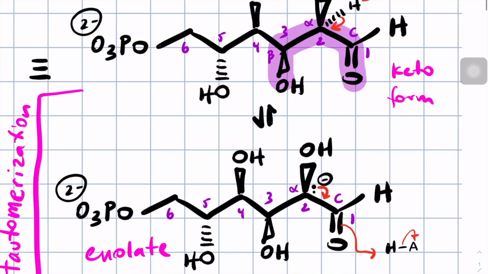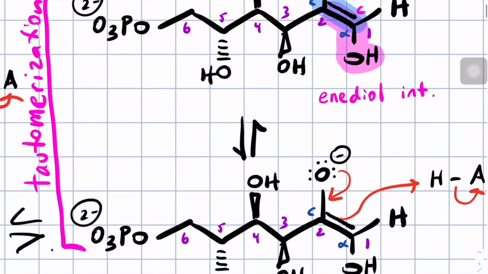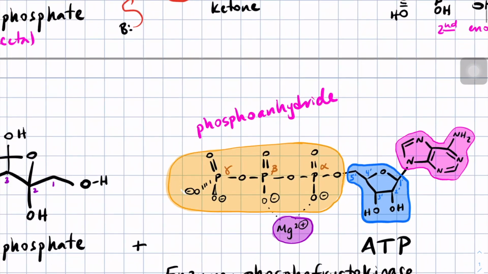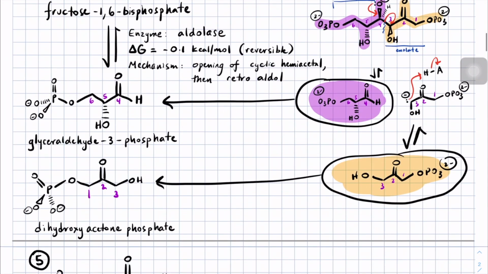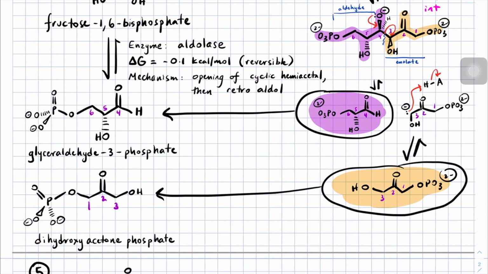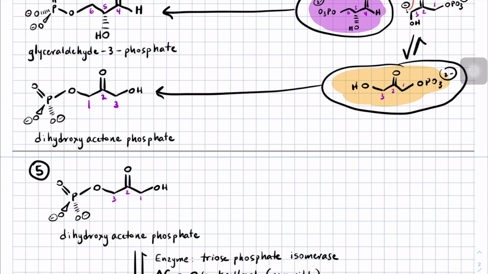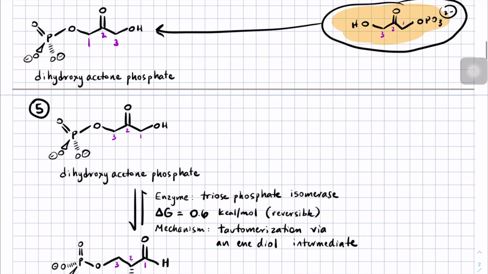Instead, nature chose to move the carbonyl group over via tautomerization reactions, so that now the beta hydroxycarbonyl group could be in a position where, if we broke it apart via an aldol, a retroaldol reaction, we would break the molecule into 2 even pieces. And it gets better than that. Right now it looks like we still have 2 different molecules, but in the next step we're going to use the same type of tautomerization via an ene-diol intermediate to convert dihydroxyacetone phosphate into glyceraldehyde